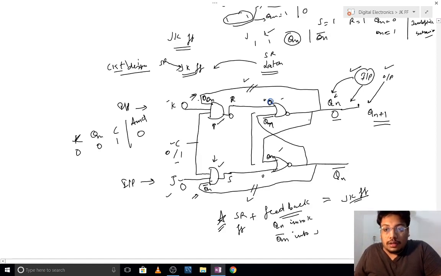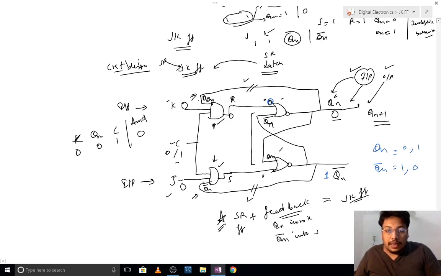Now Qn bar is just the opposite of Qn. If Qn is 0, then Qn bar must be 1. If Qn is 1, then Qn bar must be 0. So Qn is 0, so Qn bar must be 1.